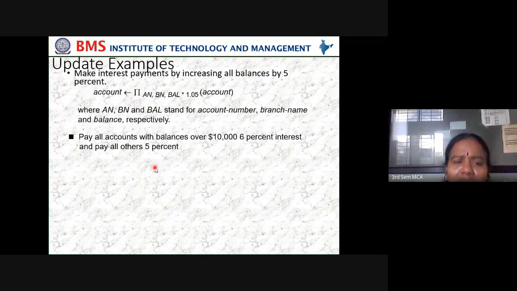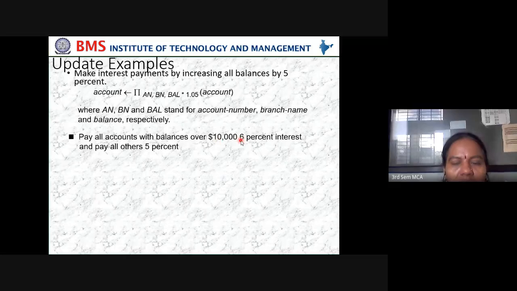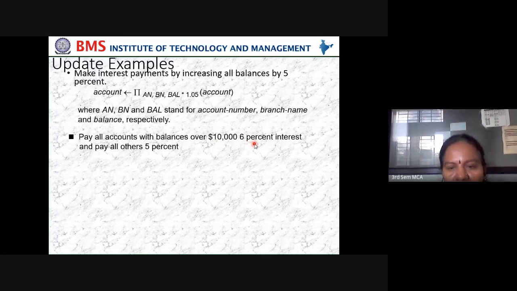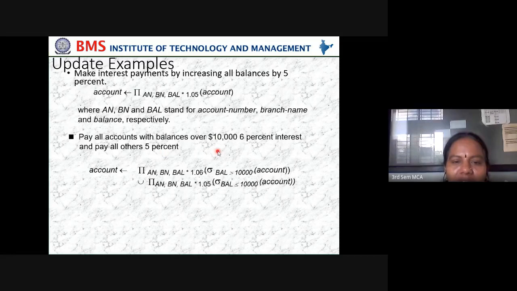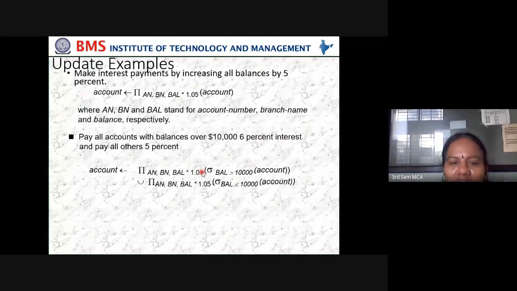In the same way, pay all accounts with balance over 10,000 6% interest, and pay all others 5%. For accounts with a balance above the limit, you give 6%; if it is less than that, you pay 5%.